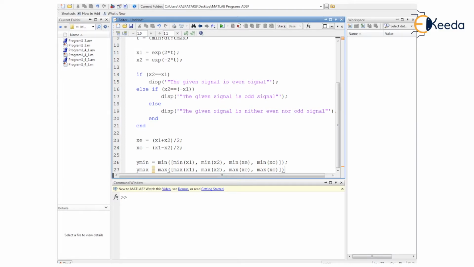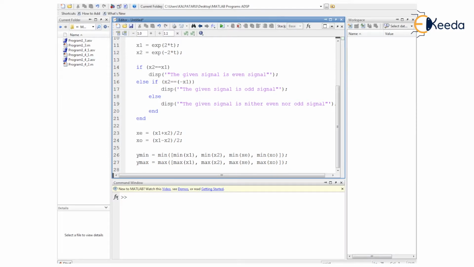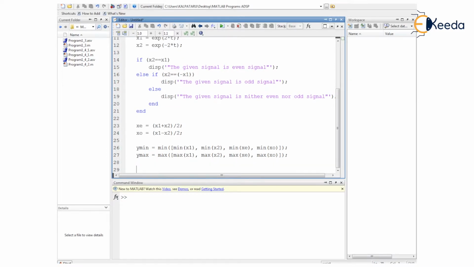So this is the logic for ymax. The things we have done were necessary to find the even and odd parts of the given signal. Now we are going to plot.